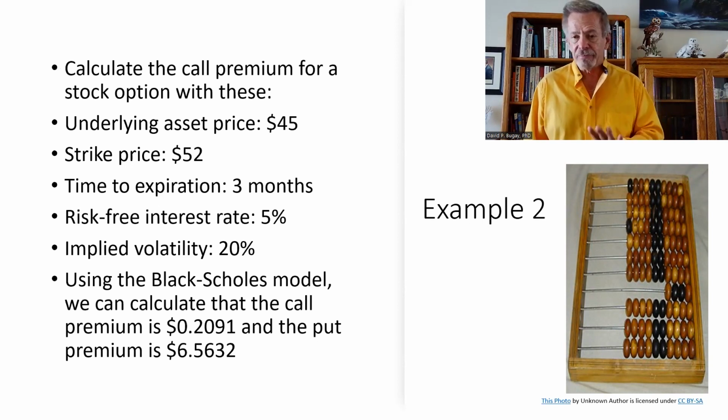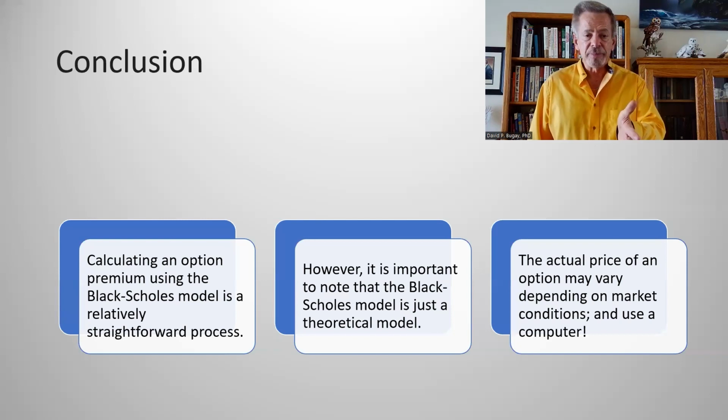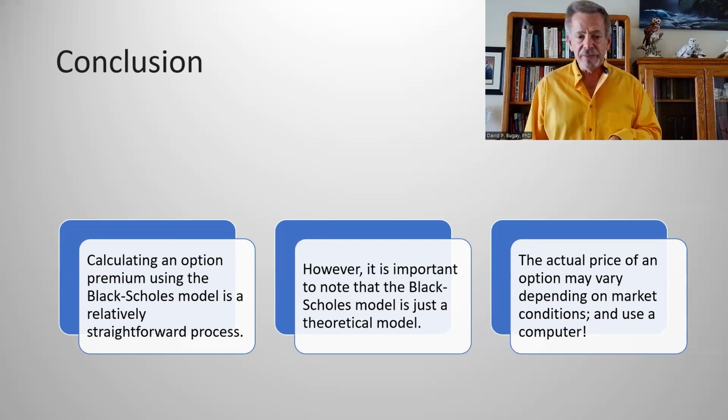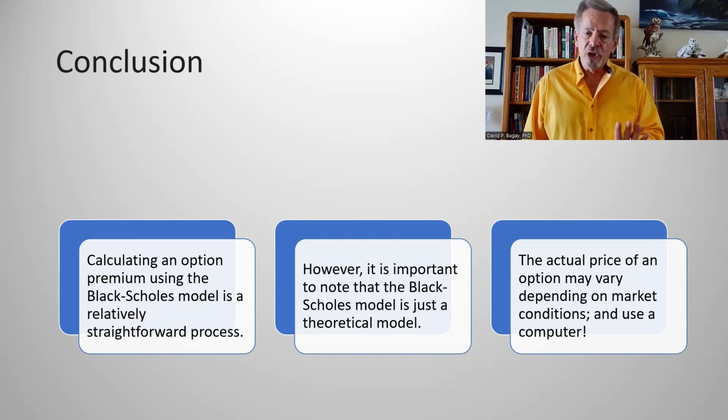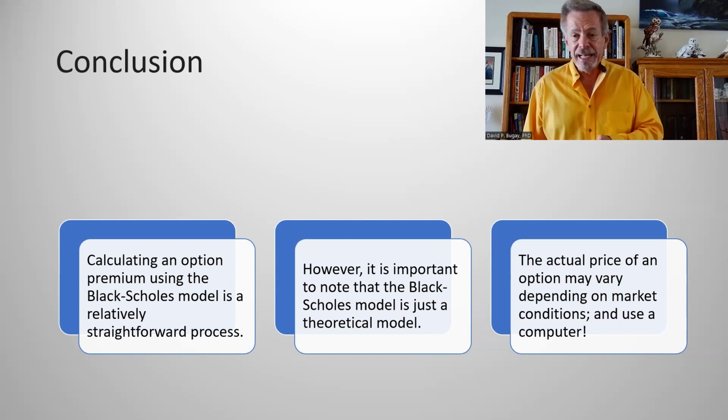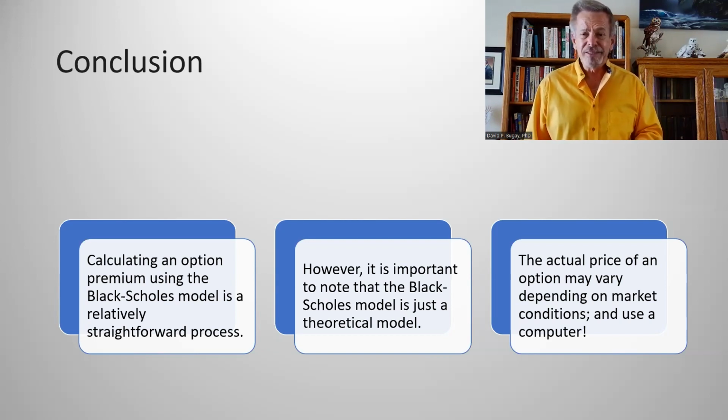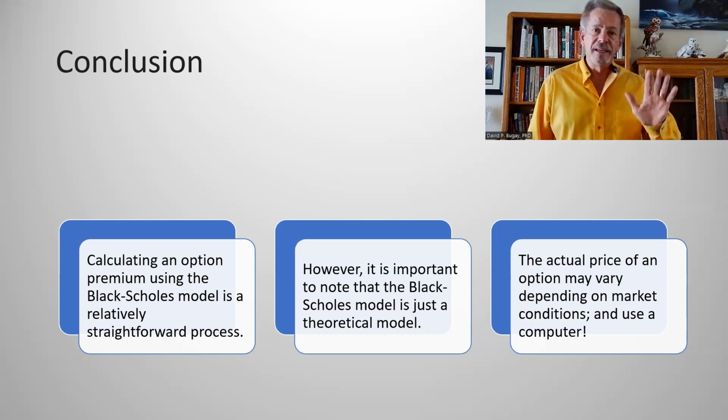But the reality now with the computers, it gets relatively easy to do by just pushing a few buttons, click, click, click. Or now with your AI, you can sit down and get a pretty good idea of it. So that's how to calculate an option premium. There are other models out there, but Black-Scholes is the easiest one, and it's really straightforward. Note that it is just a theoretical model. No, it is not a guarantee. No, no, no. There are no guarantees in anything relating to options, and the actual price varies depending upon market conditions. And use a computer. Take care.